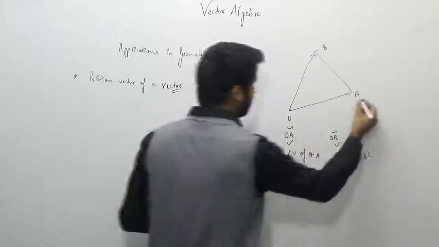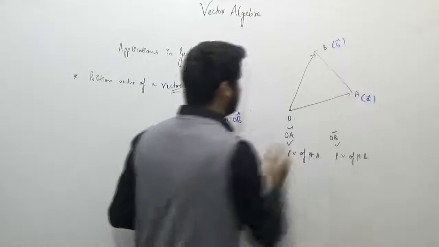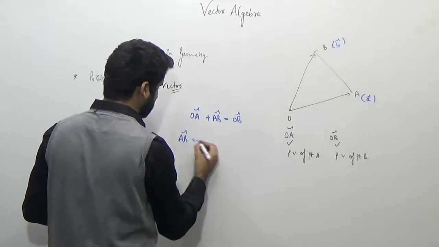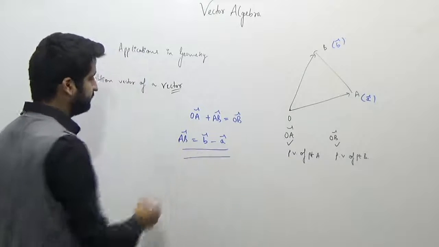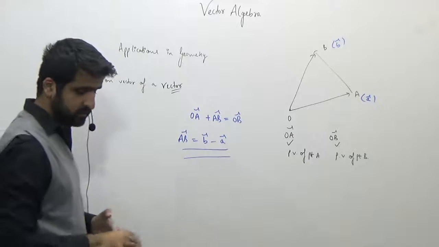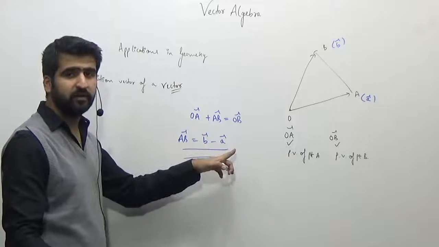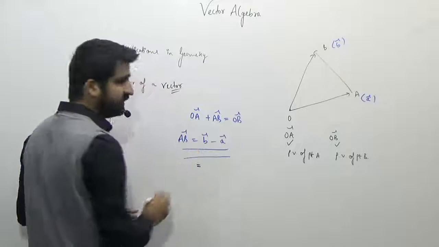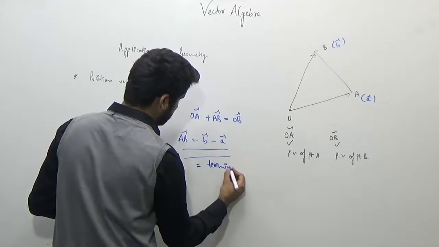Now let's say the position vector of this point is the A vector and this is the small b vector. Therefore, the AB vector will become the B vector minus the A vector. So we can see that this is the difference between the terminal point and the initial point. So the position vector of the AB vector will be terminal point